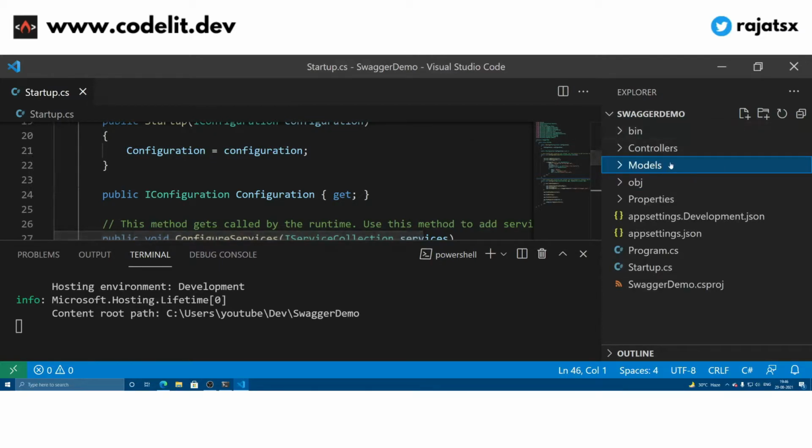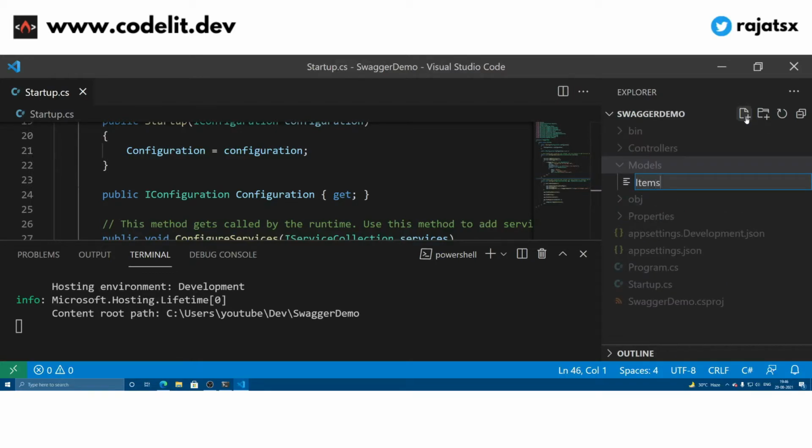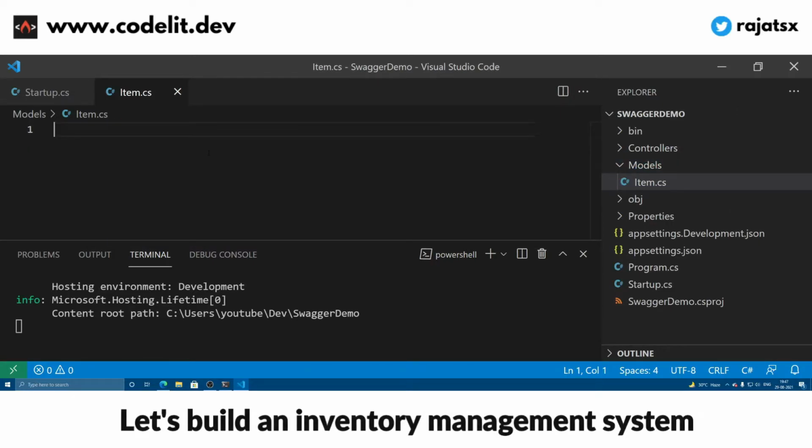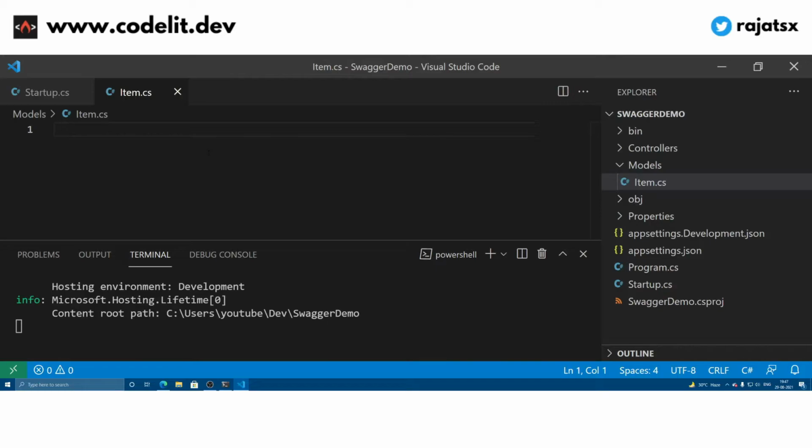Inside this Models folder, we are going to create an object called Item, and this is just any other item. So let's suppose we are creating an inventory management system, and then the inventory can contain items, right?